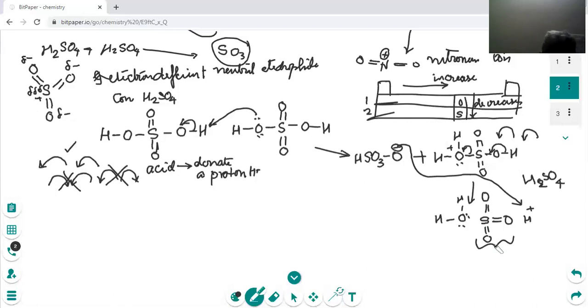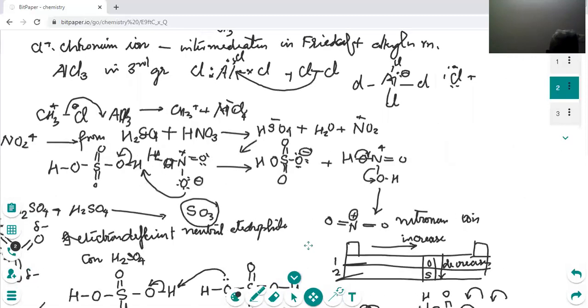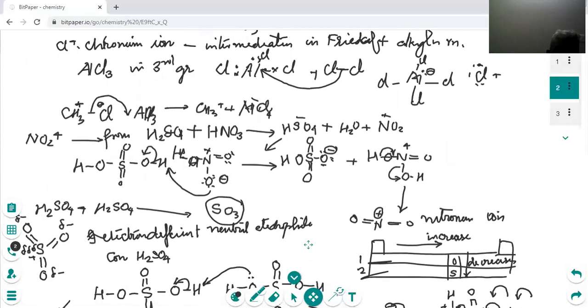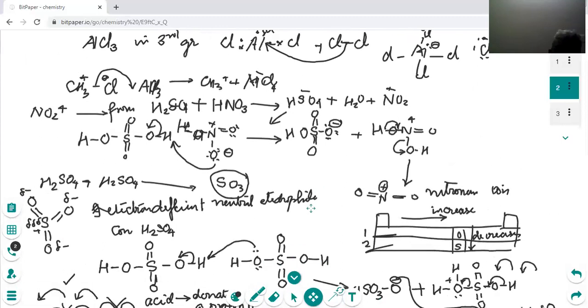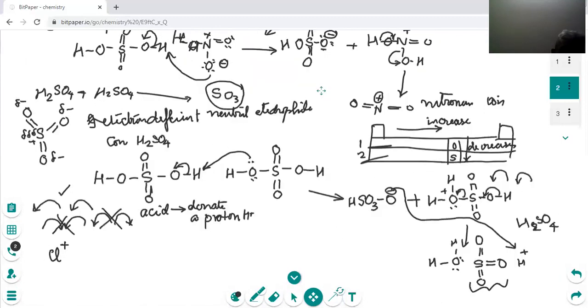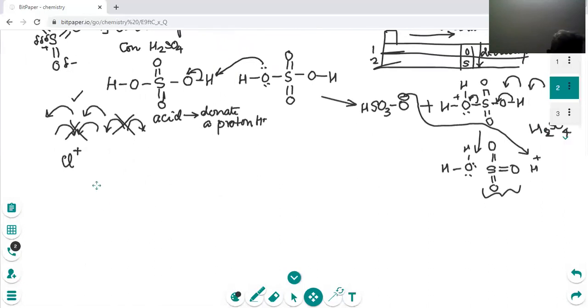And see, we are going to use this in our aromatic reactions. At that time, I will not teach you. I will ask you how to make this by yourself. Okay, so this is another electrophile. Sulfur trioxide is a neutral electrophile. Don't forget it. It's a neutral electrophile. And see here, did we see how Cl plus is formed? I think yes. Is it not? CH3 plus we have seen. Yeah, Cl plus also we have seen. Yes, both we have seen. Okay, now one more electrophile is